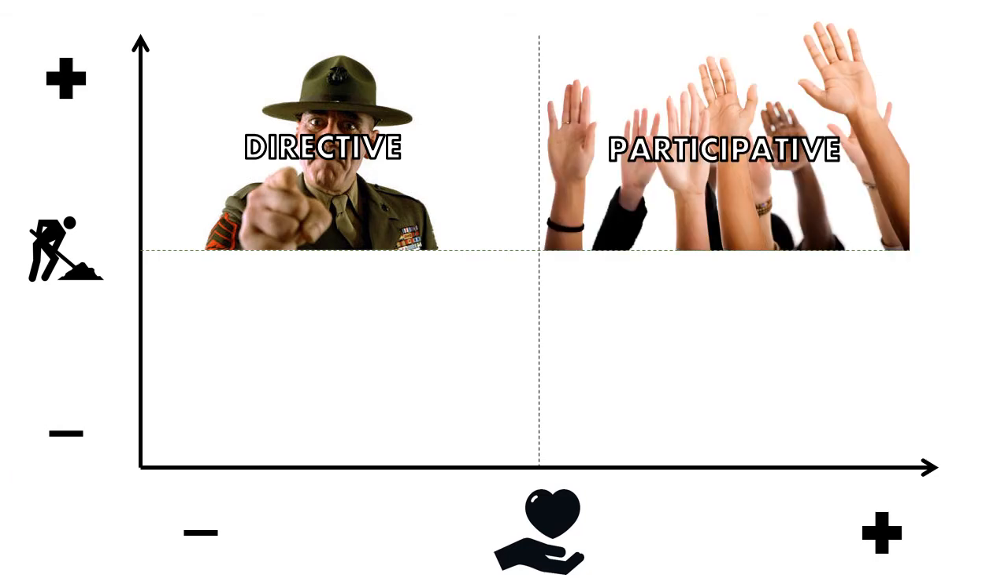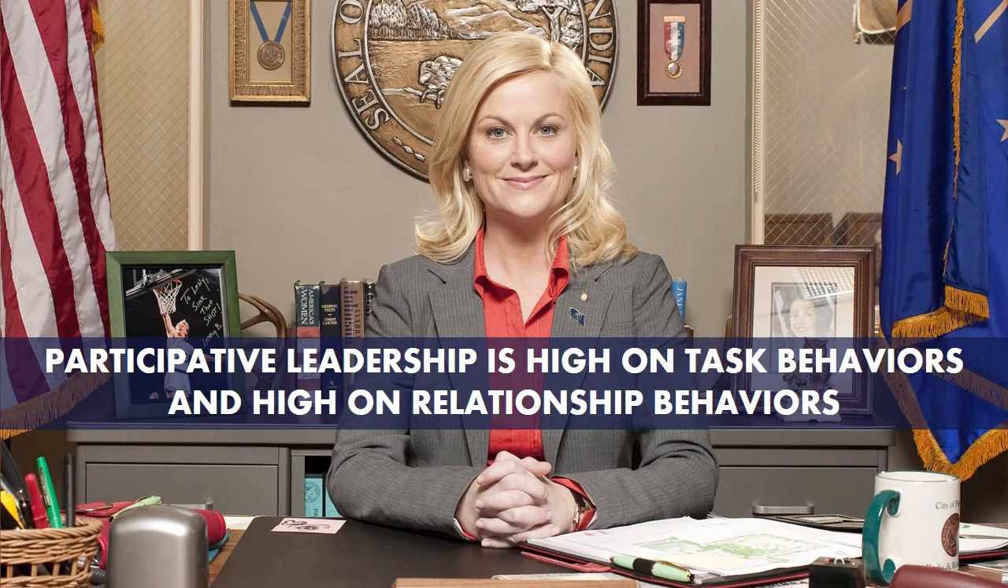So another type of leadership style is leaders that are both high on task-oriented behaviors and high on relationship-oriented behaviors. So they want to get work done. They provide structure and resources for the accomplishment of work, but they also care about their followers. They are invested in the well-being of the people who work for them, and we call that participative leadership. I think a great example of this is Leslie Knope on Parks and Recreation. She's high on both